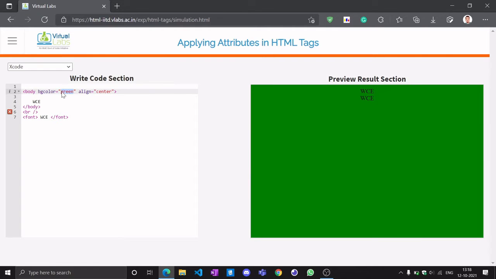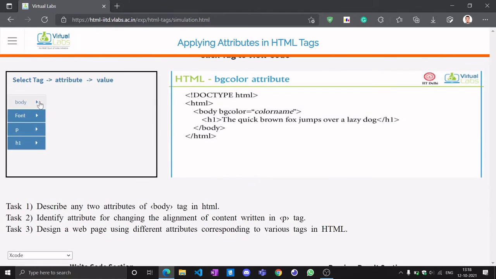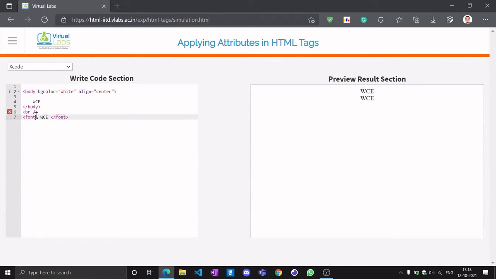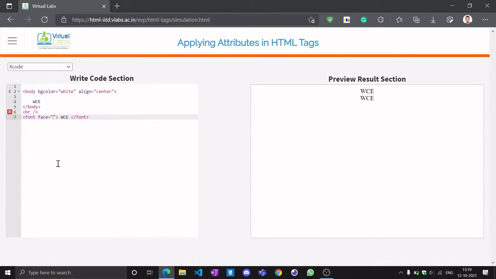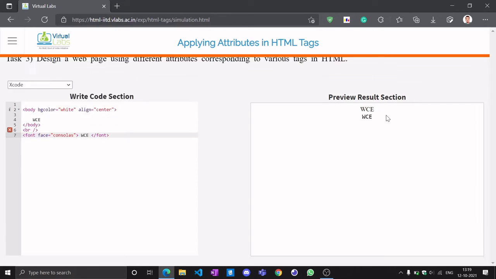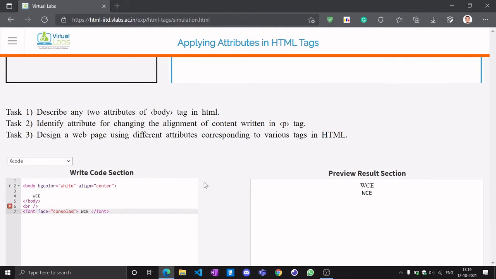And for this we will change the color to white because it is not clearly visible. And for font face, we have to add face as Arial or Arial Black, something like that. So we will add face equal to. Let's see what the options are here. Let's add Consolas. Okay. As we can see, between this upper part and lower part there is a difference. The Consolas font is getting applied.